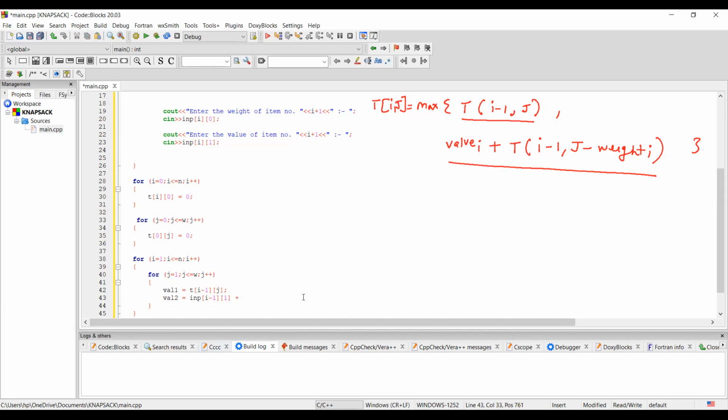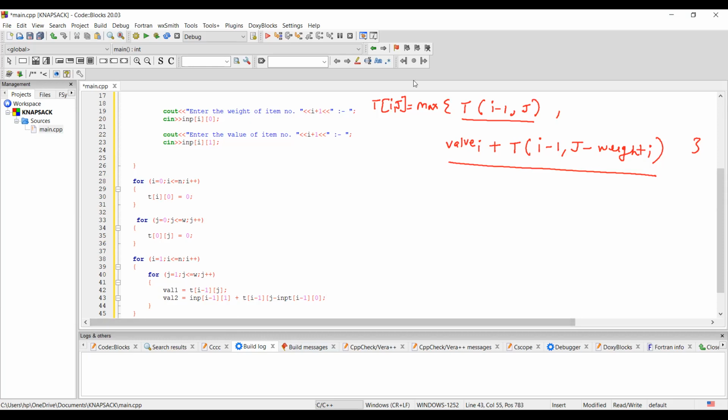And second value is t of i minus 1, same matrix का t of i minus 1 comma j minus weight of i. ठीक है, तो let us write here i minus 1 and the second one is j minus weight of i. What is the weight of i? That is input of i minus 1 comma 0. So that is it. So this much we have computed.